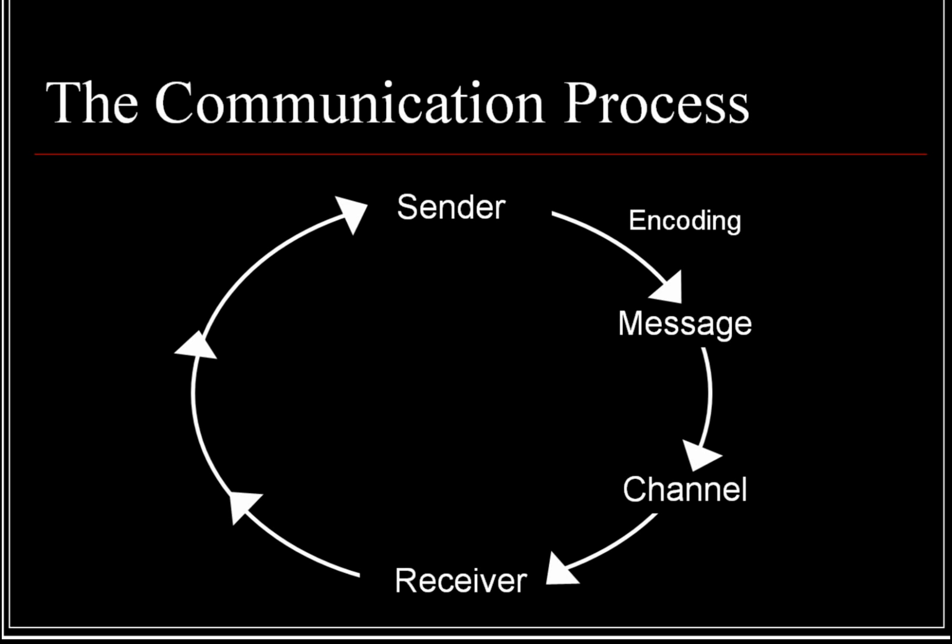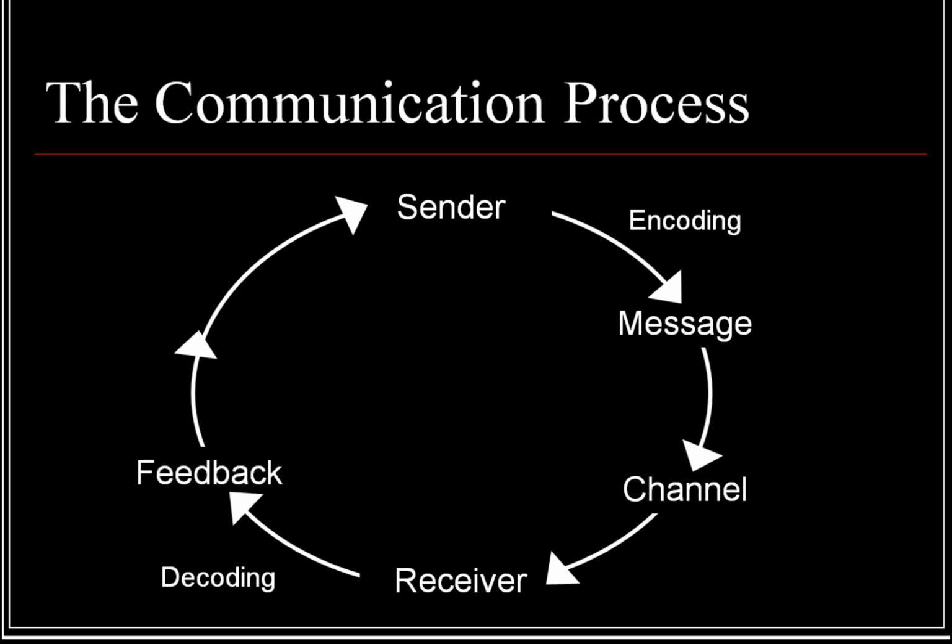The other person is what we call the receiver. This is the person or group of people that are actually receiving the message. They're hearing it. Now, once they hear it, it doesn't stop there because they have to then what we call decode the message. They have to process the message in such a way that it generates understanding to them. Now, when this happens, we would think, oh, the communication process is complete.